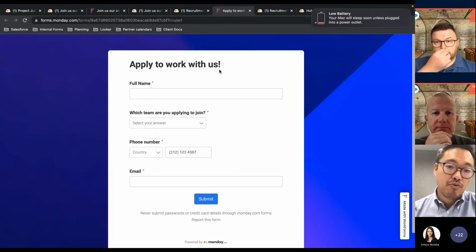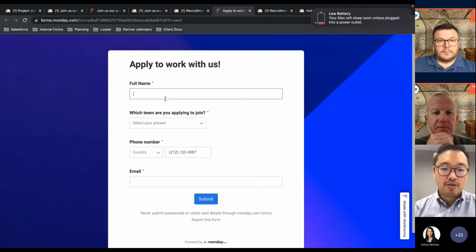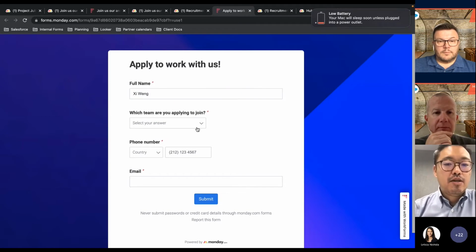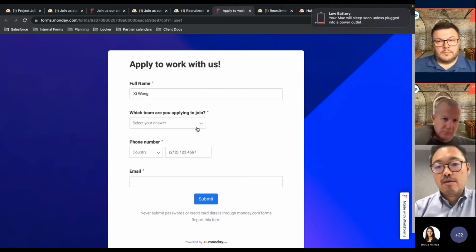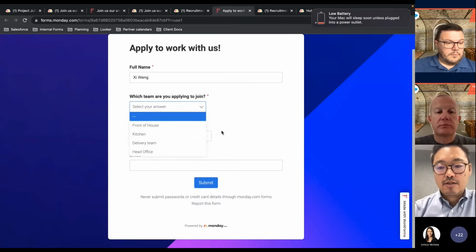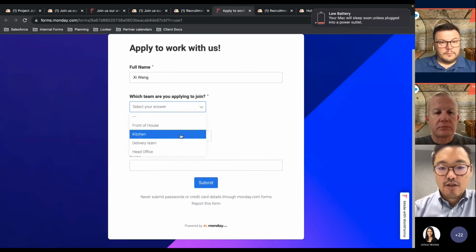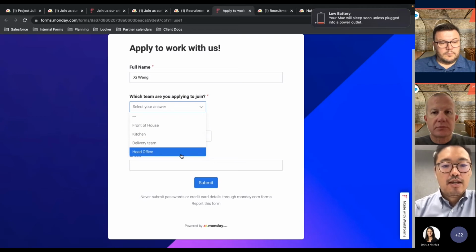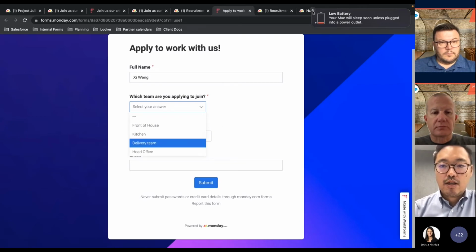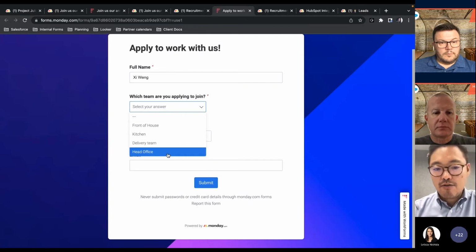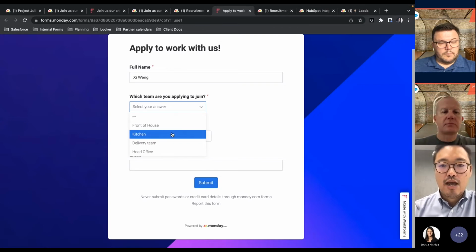So very simple layout of the form. Again, I'm just going to put my details in here. And this is designed to be maybe a pre-qualifier to a company that's looking for staff. For example, you have front of house, kitchen, delivery, and head office. Now, we know that people working in kitchen team might be different to head office, so there might be different questions there.